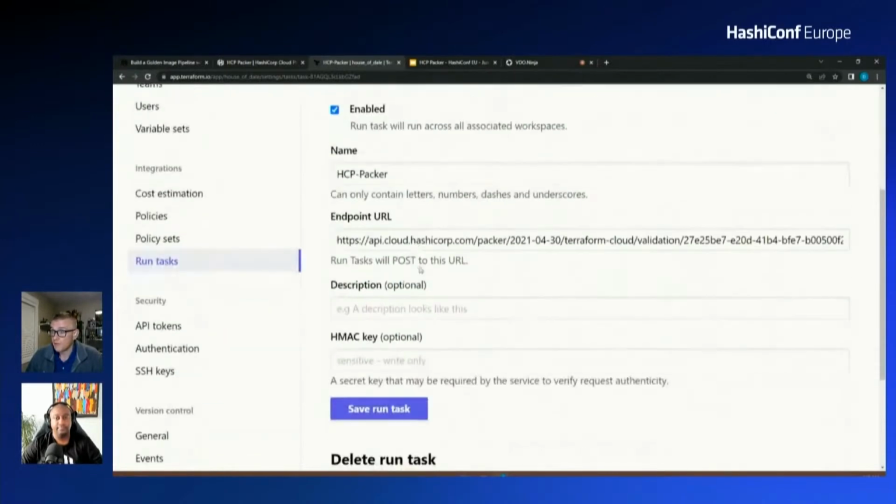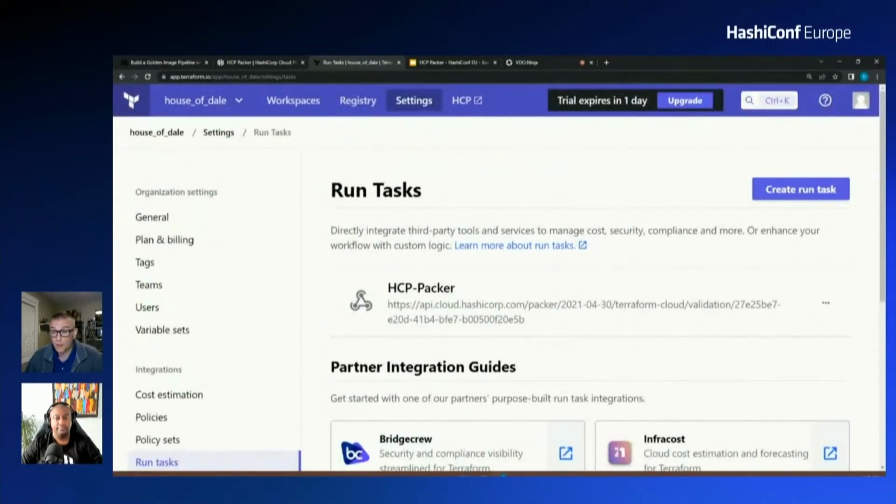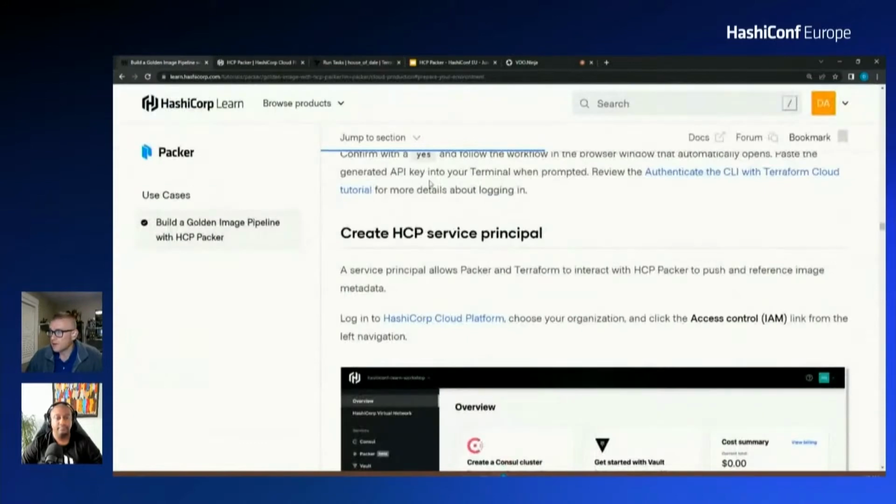Okay, so I've got my run task in place. The next step will be to deploy and build a Loki image. This is something I've already done to save time, and we'll discuss some of its configuration code later during a longer build process. As part of that process to build the Loki image,